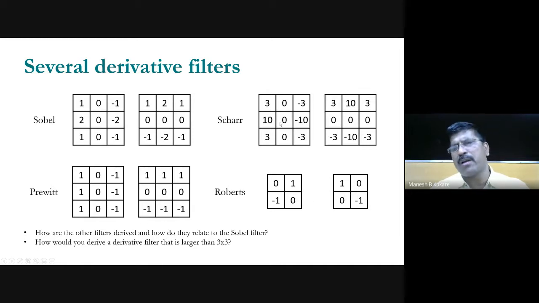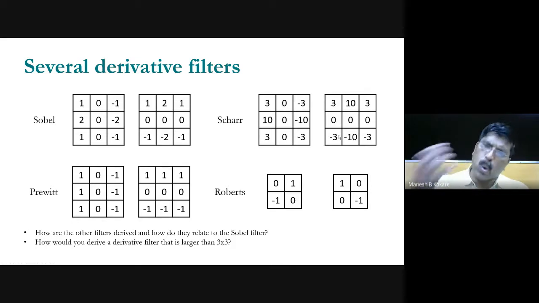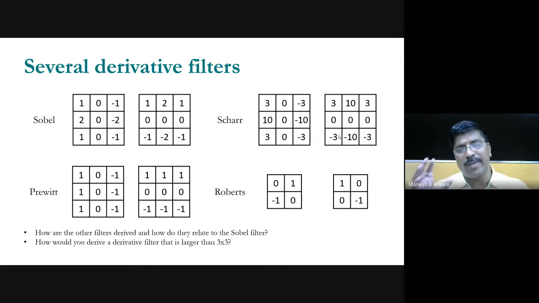Now the Scharr operator is developed like this. They have given a weightage of 10 here, so -10, 3, 3, -3. So the summation of the coefficients is 0. Here also the summation of the coefficients is 0. Like that, you can also design your own operator which will do the high pass filtering. But while doing that, you have to keep in mind that for a high pass filter, the summation of the coefficients must be equal to 0. So you can also create your own mask and so on.